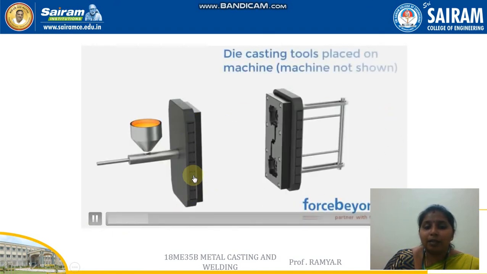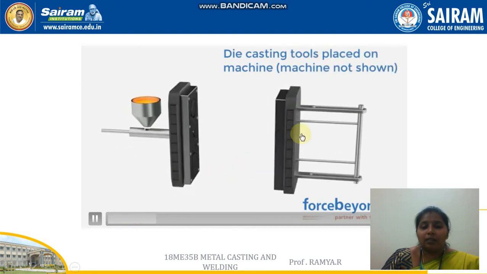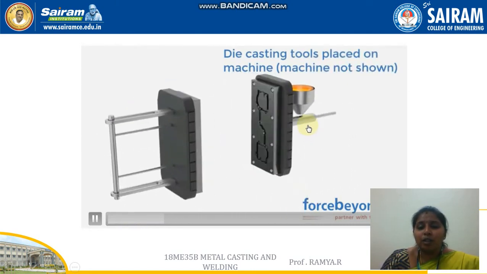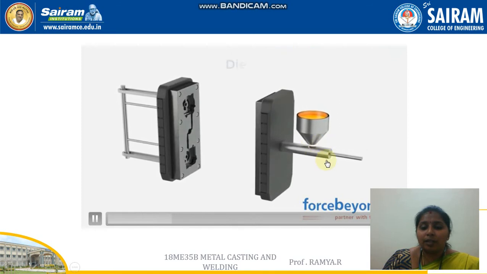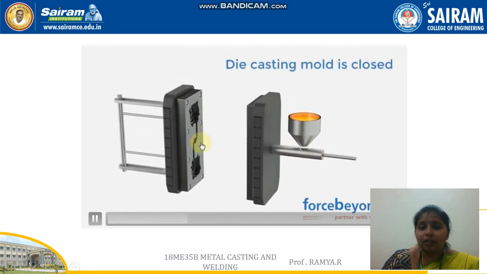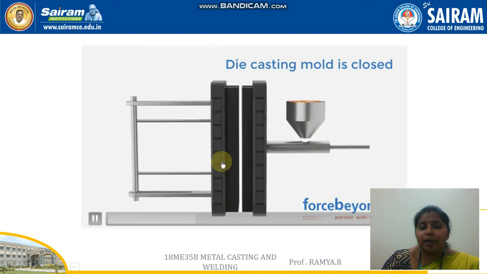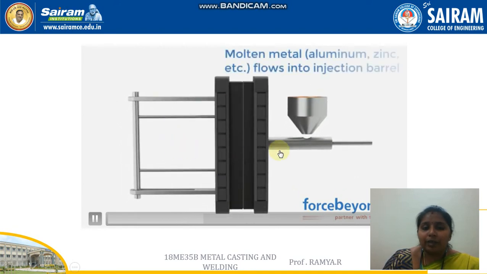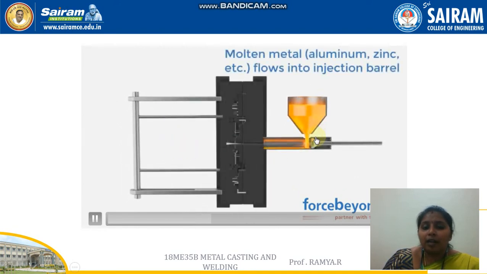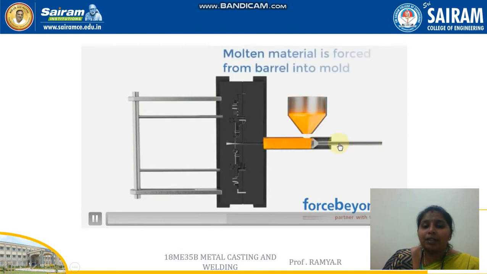There are two platens, one will be the fixed and the other one will be the movable. Along with the fixed one, there is an injection unit. Here the component to be produced is made as a die and there are injector pins. With the help of the ladle, the molten metal is poured, and the injector pin helps in injecting the molten metal into the cavity.